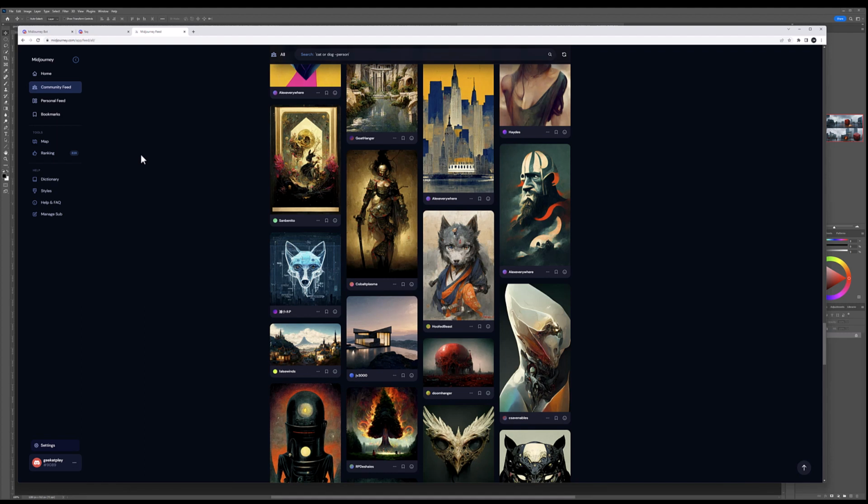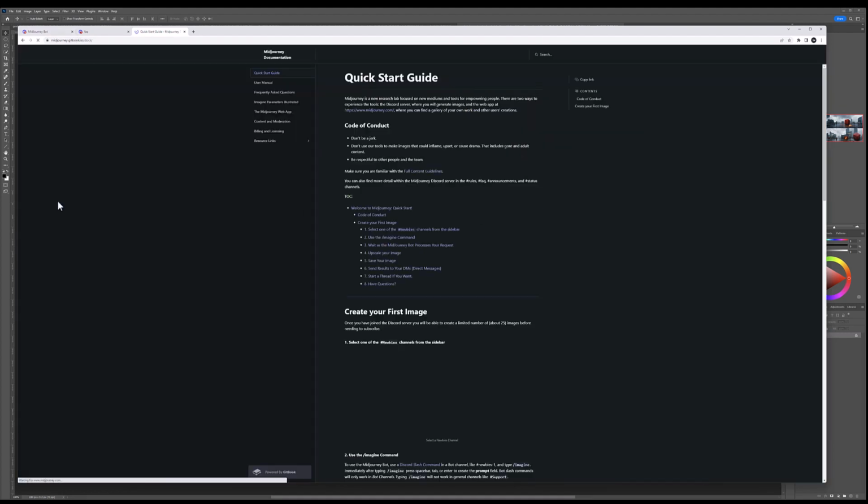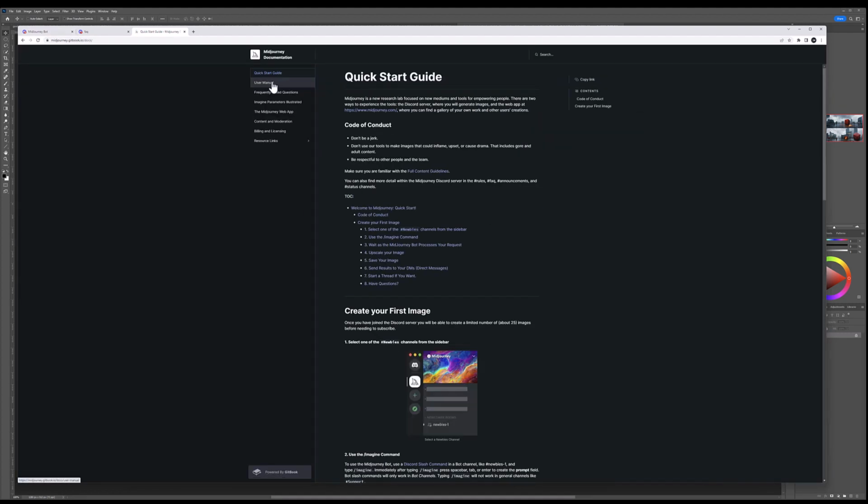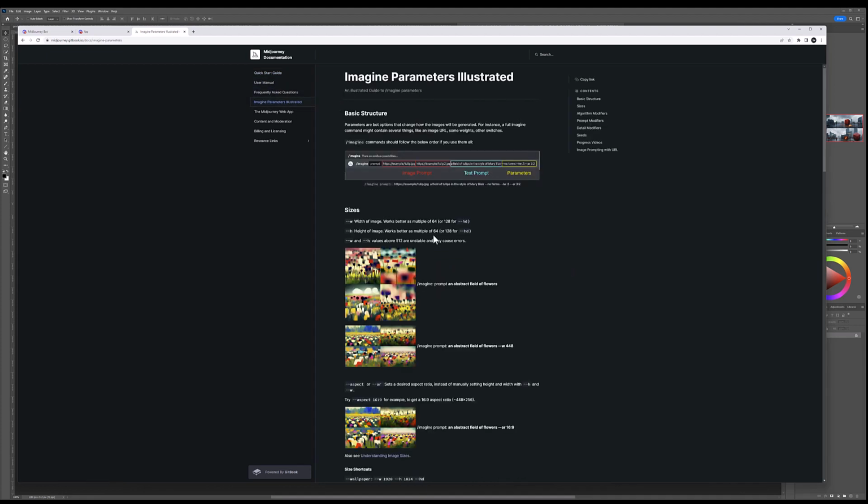Generally you can render quite a lot of images, but again, we'll look into that. I did not find that I need upscale, since as a background you almost never need max resolution. You can just use relaxed mode, render for free, and use it in your work. Okay, anyway, if you have more questions, they have a very nice FAQ, where I highly recommend going to the manual or the parameters of the illustration.